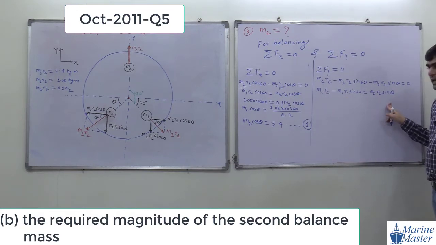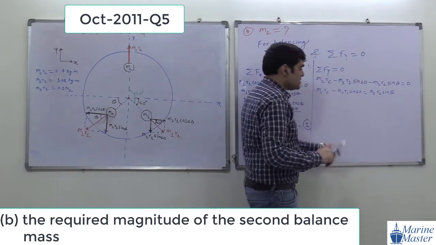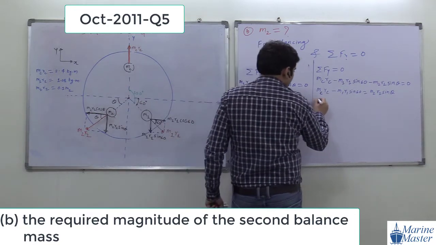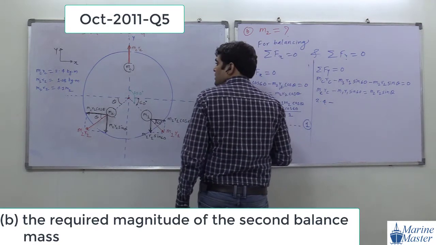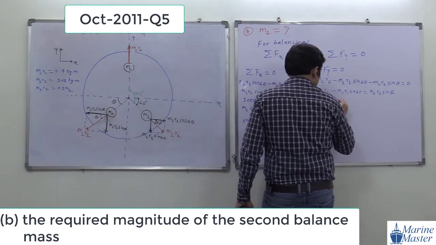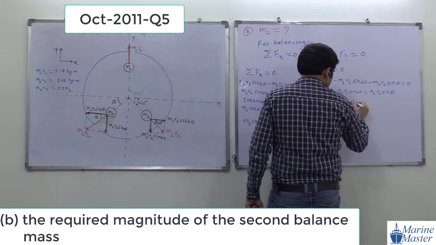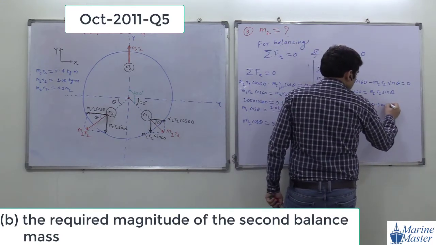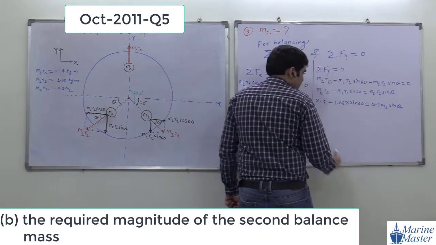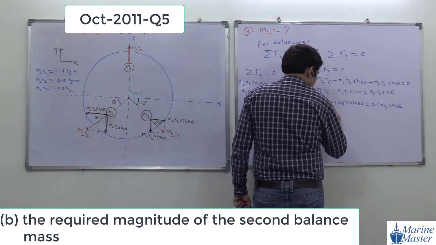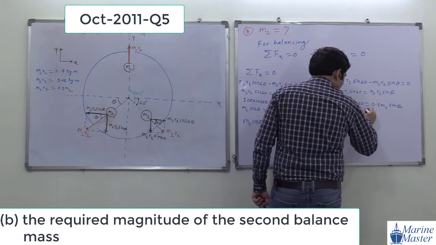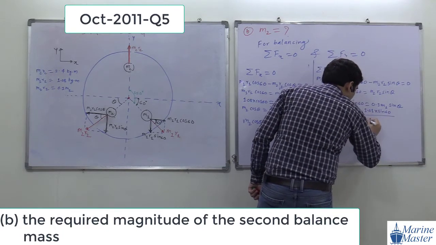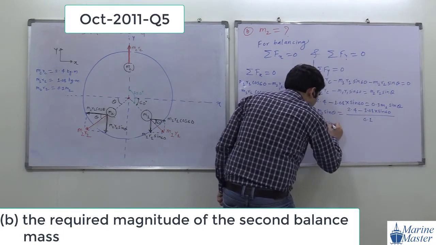Okay. Any doubt in this discussion, guys? So what is the value of MCRC? MCRC is 2.4. Minus M1 R1, which is 1.08 into sin 60. Check it out once again. M2 R2, 0.1 M2 into sin theta. So M2 sin theta will be equal to 2.4 minus 1.08 into sin 60, divided by 0.1. So please do the calculation.